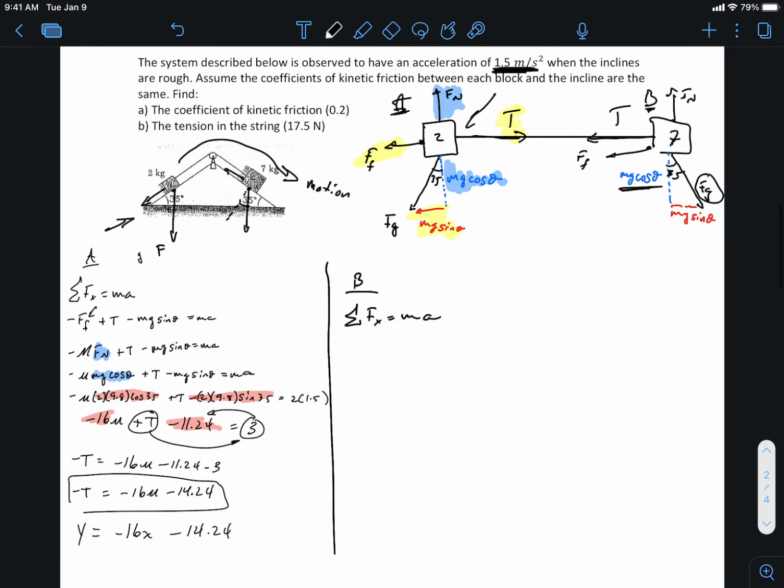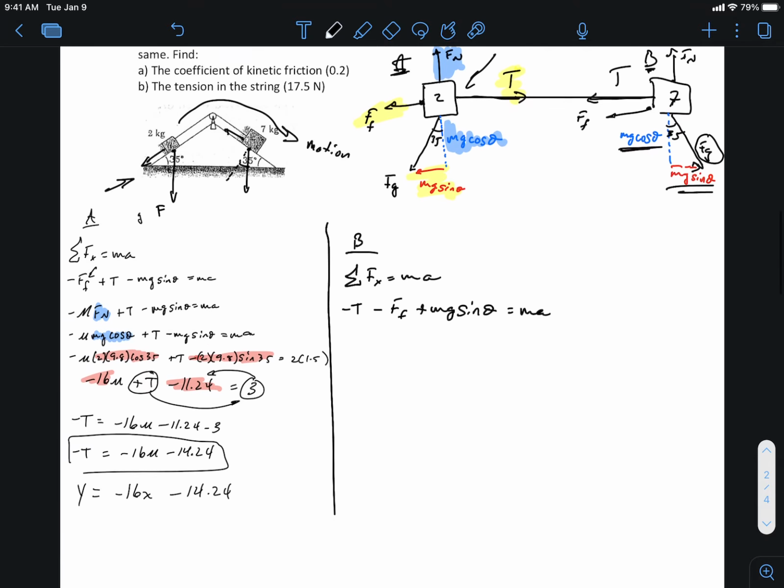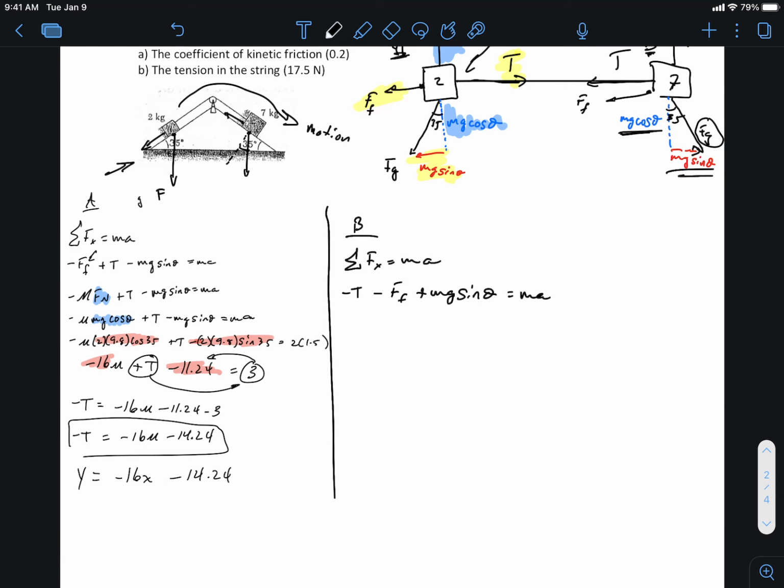Well, looks like I've got negative tension and negative force of friction and positive this time, positive mg sine theta equals ma. Okay. So what do we do? Well, let's just start figuring out, well, it's the same thing, right? You know the force of friction is going to turn into